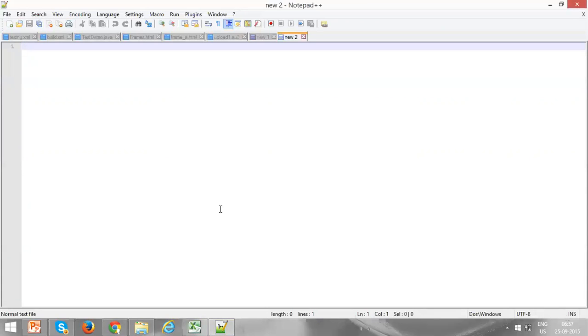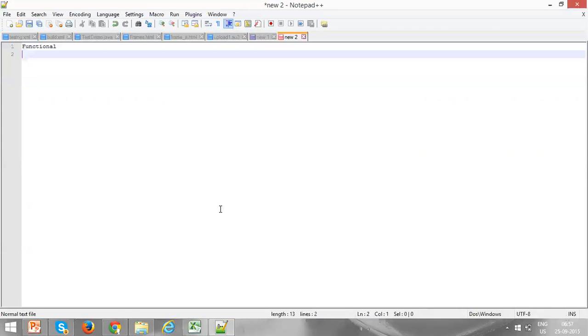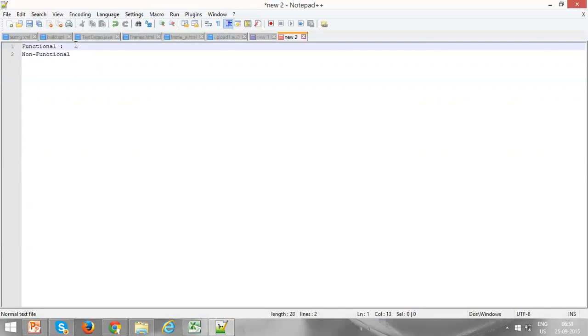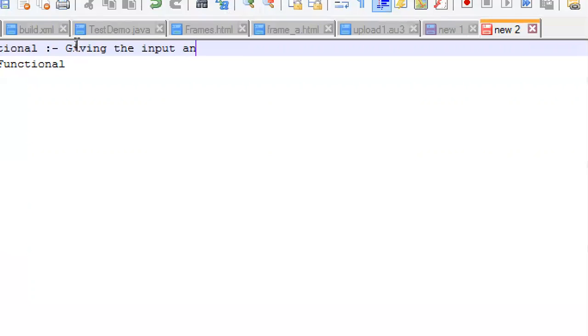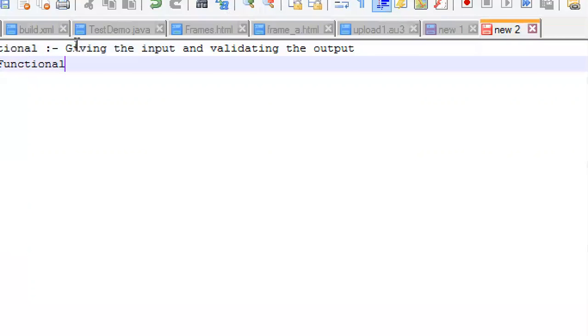Now, as I said, testing is broadly classified into two things. One is functional and the other one is non-functional. Functional is nothing but giving the input and validating the output. Non-functional is nothing but